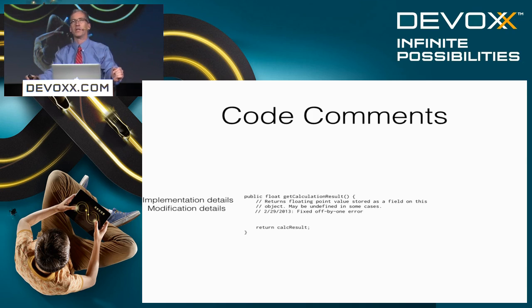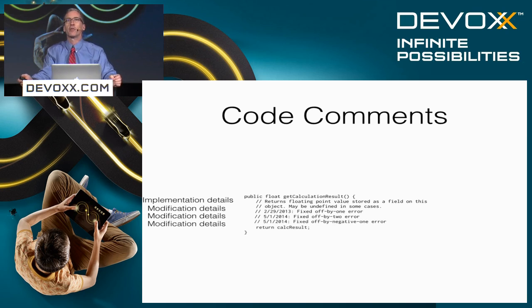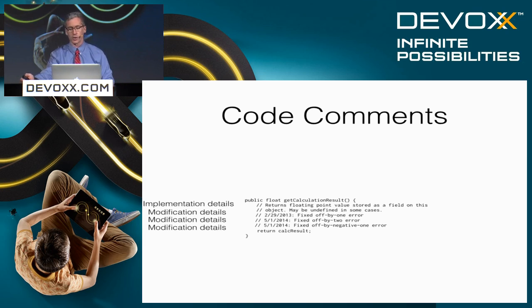So just make a little maintenance note in there. That's fine. And then I came in a few months after that and realized there was actually an off by 2 error. So, of course, I needed to add a note about that so that I understood that. A few months after that, I realized, no, I was actually right the first time around. It was an off by 1 error, and now everything was off by -1. But again, we just make ongoing notes so that the next time I come back, I understand what's going on in the code, and I can try to avoid making the same error in the future.